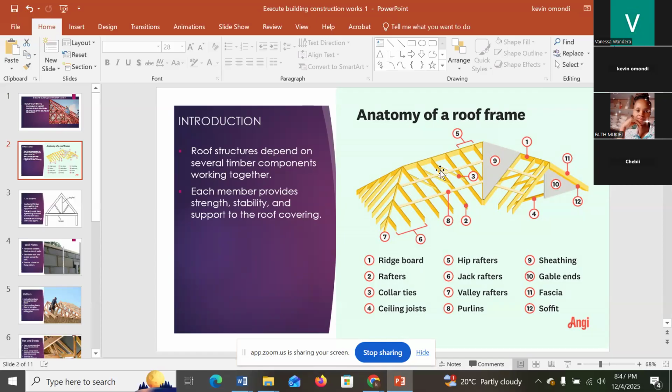And each member provides strength, stability and support to the roof. That is one of the functions, some of the functions of the members. Now, the first component that we will look at